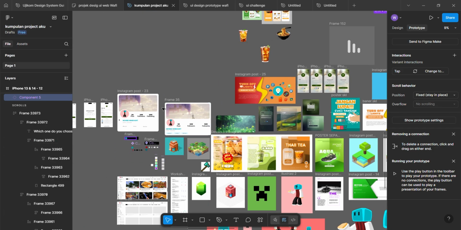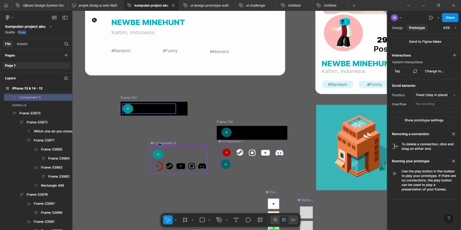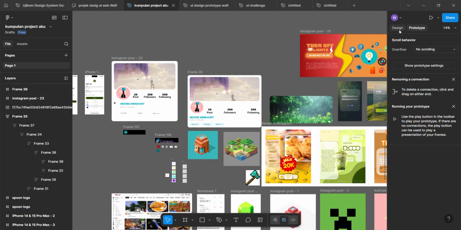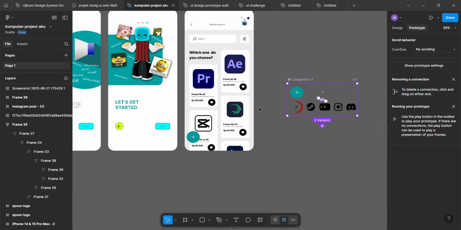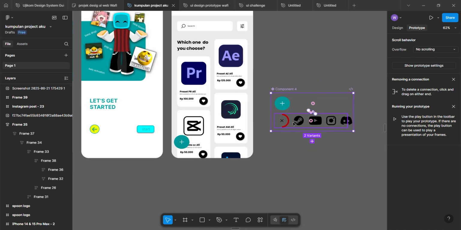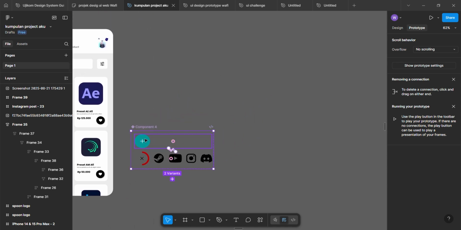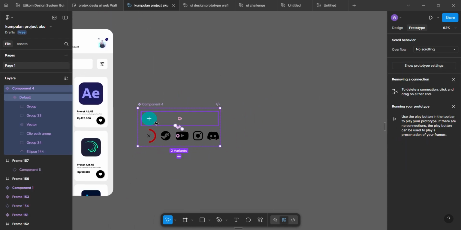action and animation. Now, let's talk a bit about animation settings. You can adjust how the page transition looks and feels. For example, instant switches immediately with no animation. Dissolve fades smoothly between screens. Slide in or out slides the screen from one direction. Smart Animate automatically animates matching elements between two screens. If your design has elements that move slightly, try Smart Animate. It can make your prototype look very dynamic, almost like a coded application.